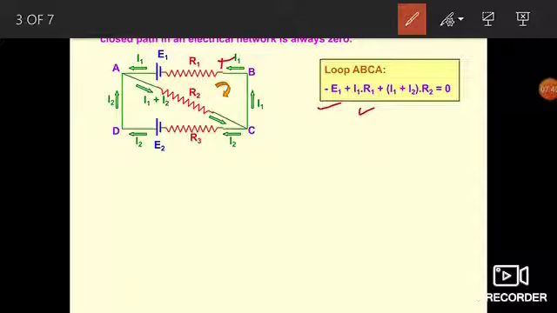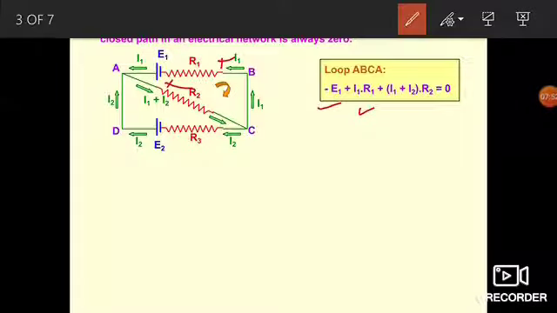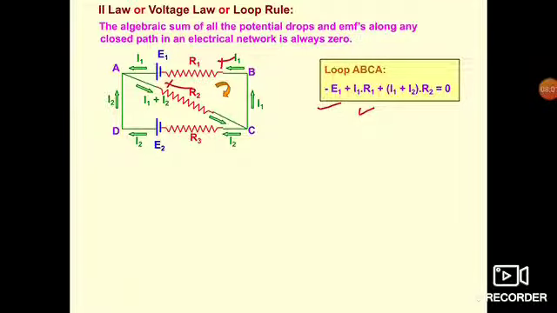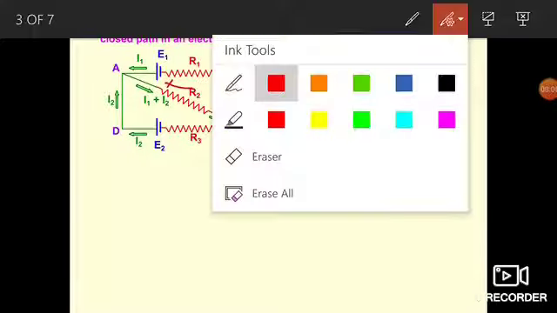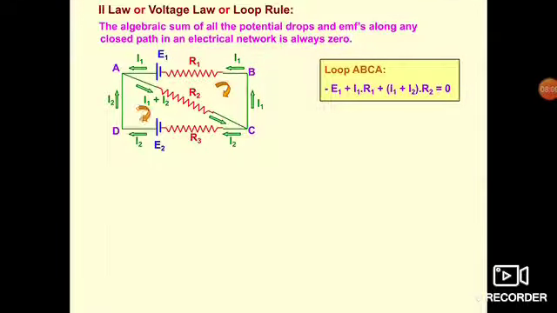Now I1 plus I2 is entering in R2 and this terminal is positive. I told you this terminal is positive. That's why it is written plus I1 plus I2 into R2. It means we have taken I1 plus I2 times R2 as a voltage across R2. If we add it, the answer will be 0. So I hope that you have cleared this doubt in your mind. Now we can go to the other loop also.